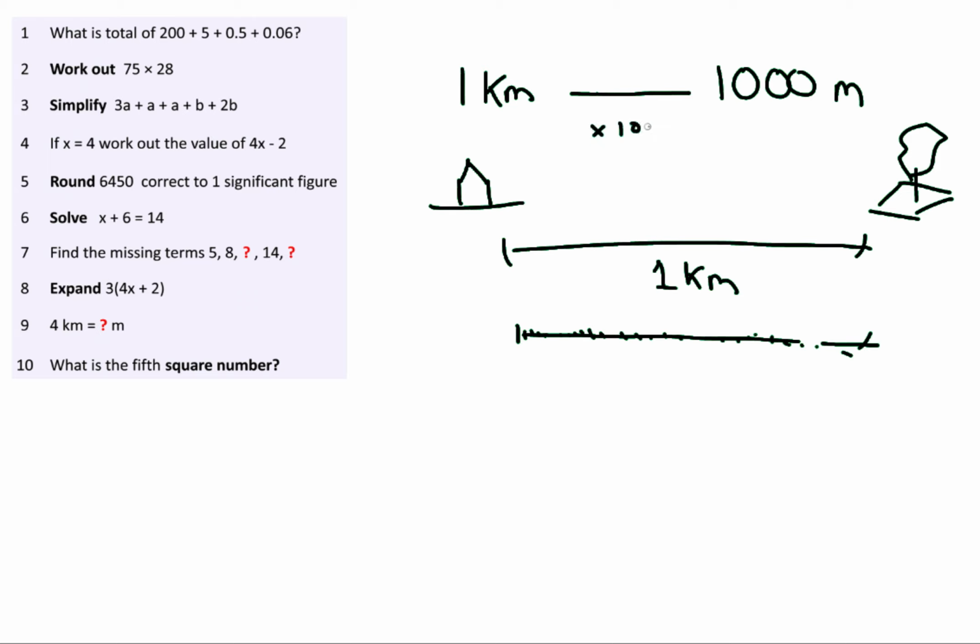So 4 times 1000 is going to be 4000. So 4 kilometers are 4000 meters. And the final question,